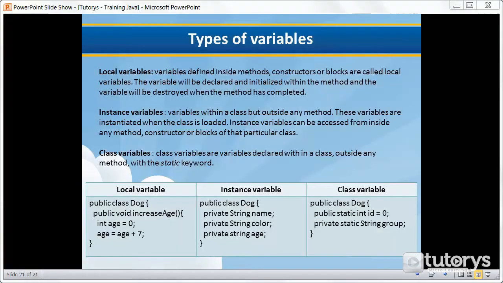In this tutorial video, we're going to be seeing how to use class variables in Java. Up until now, we've already seen two types of variables. The first was local variables. Just to recap briefly, local variables are defined inside methods, constructors, or blocks. They will be declared and initialized within the method, and the variable will be destroyed when the method has been